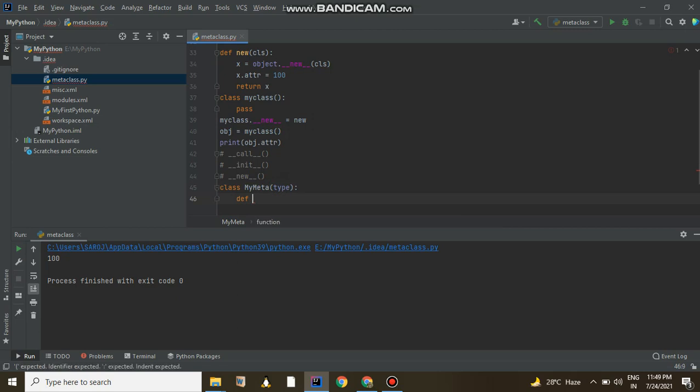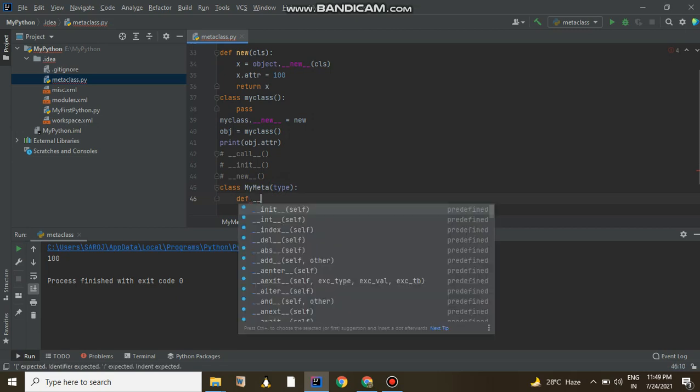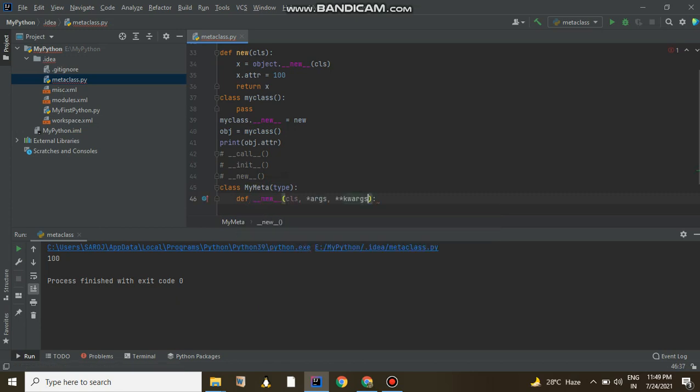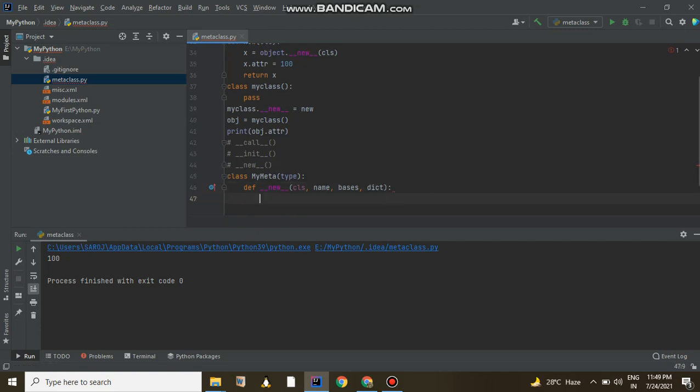Then I am defining the same new method and passing the same attributes like name, then bases, then dict. Inside this I am going to call the new method of the superclass, that is the type class.